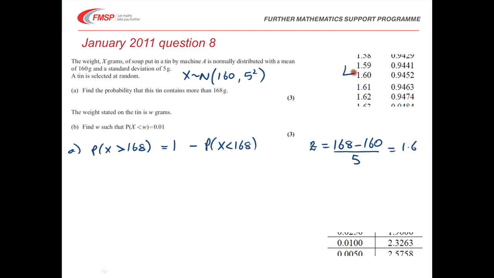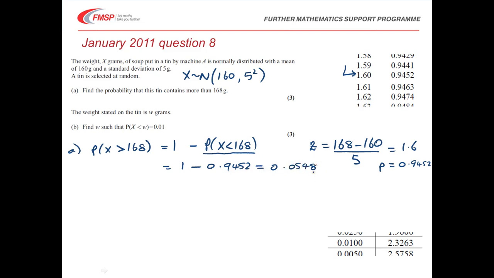So again, I'm looking at 1.6. My z value is positive, so my probability is 0.9452. So again, that's this aspect, so that's going to give me 1 minus 0.9452,